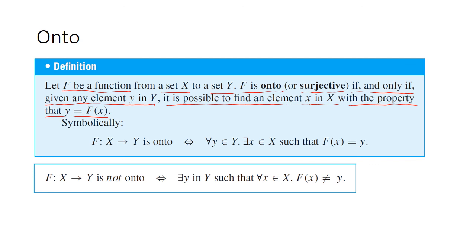And if we want to say that symbolically, the function f from X to Y is onto if and only if, for all little y in big Y, there exists little x in big X